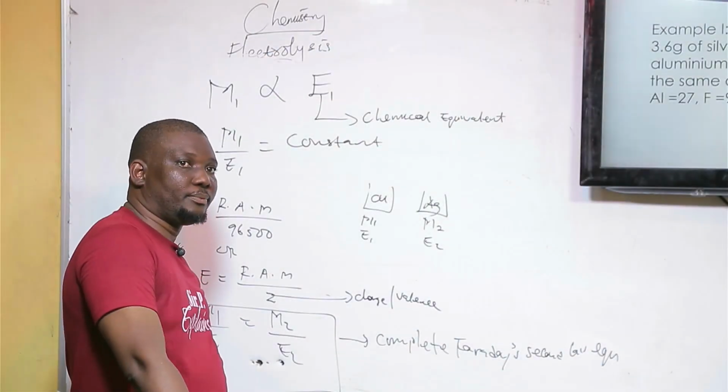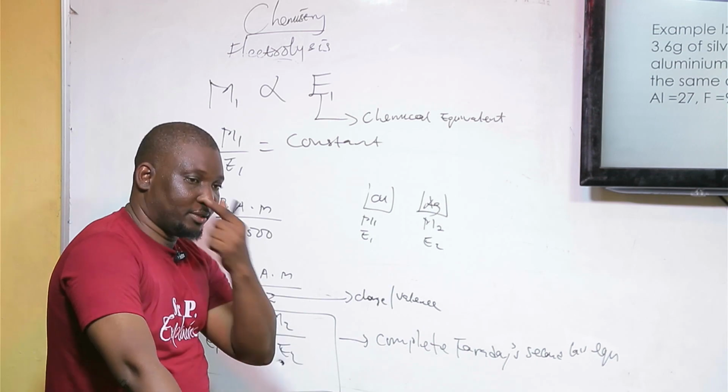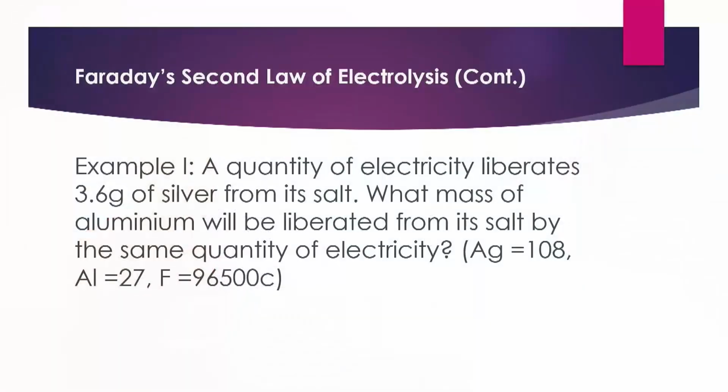Check this question down and see if we can solve it. If we can't use this principle to solve, it's not possible. Because if you look at the question, you're going to see two metals there. One is silver, the other one is aluminium. So that's going to give you a clear indication that this is not